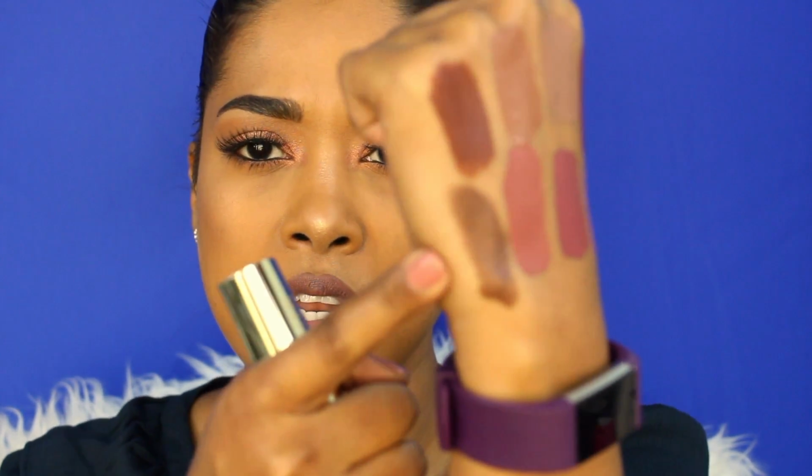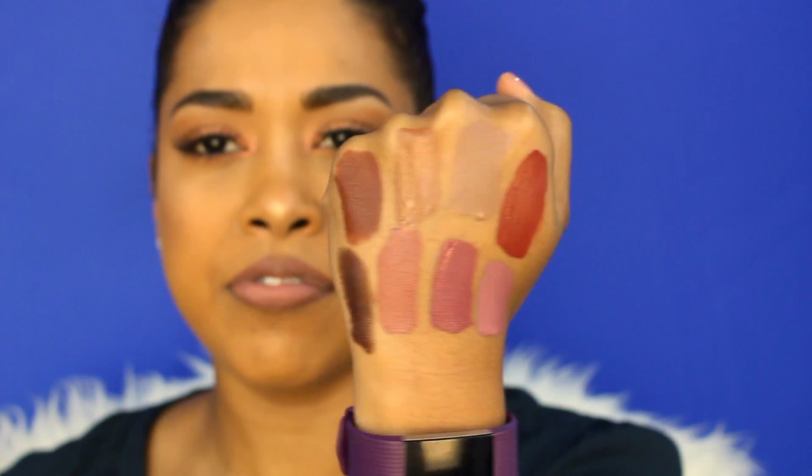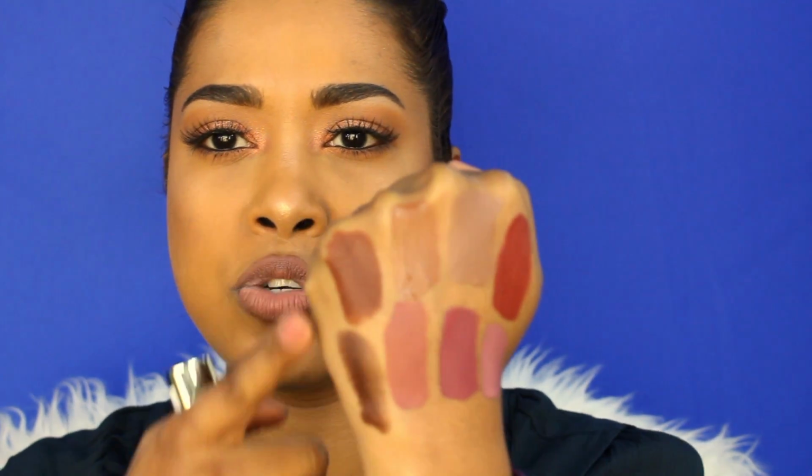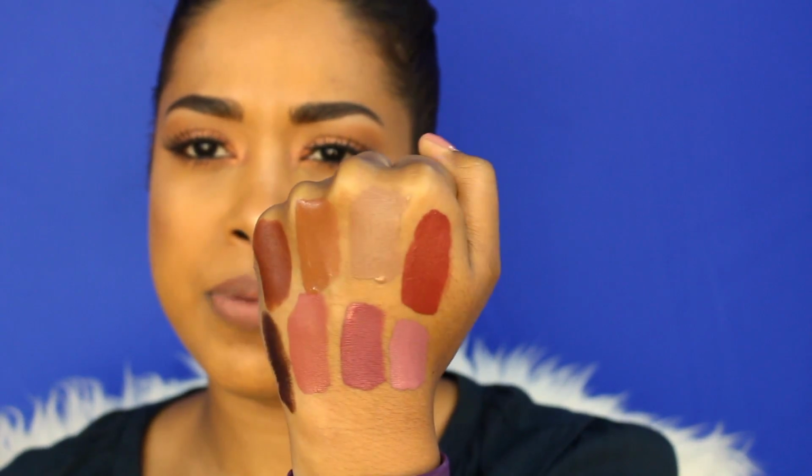And the last one is a Milani lipstick. And this one is in Double Espresso. So this is the Milani one in Espresso right here. So they're all very different shades, but they all are my favorites. I've been grabbing these a lot. These two here at the end here are new ones. I got them in July, but all the rest are pretty much from earlier in the...